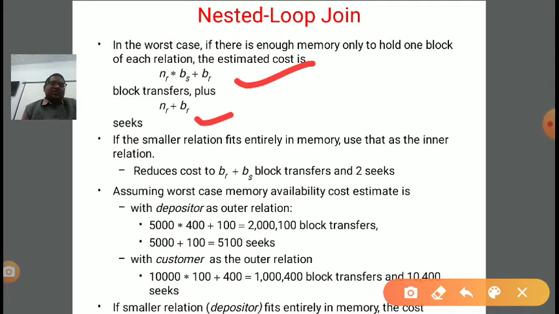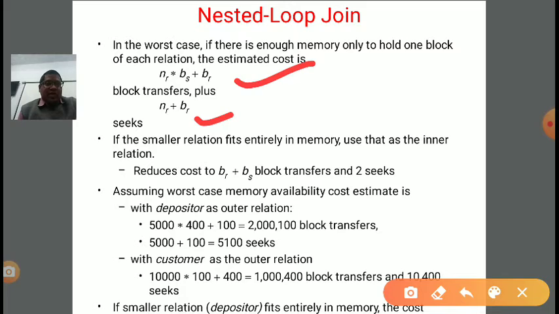If the smaller relation fits entirely in the memory, then use that as the inner relation. If the full relation fits in the memory, then we can use that particular relation as the inner relation, and it reduces the cost to b_r plus b_s block transfers and 2 seeks only.